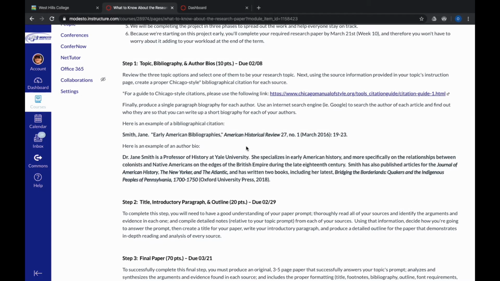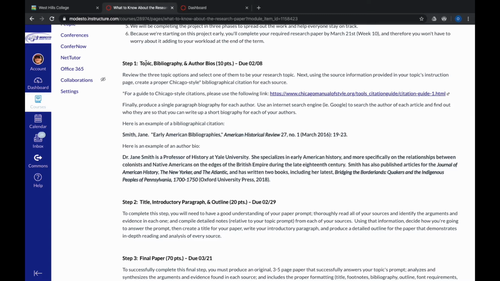So let's just talk about the steps really quickly. Step 1 is you're going to choose your topic. I give you 3 topics to choose from, and you need to choose one of those 3 topics. It just makes it easier for us to collaborate and for me to set up some collaborative exchanges about your topic with other people